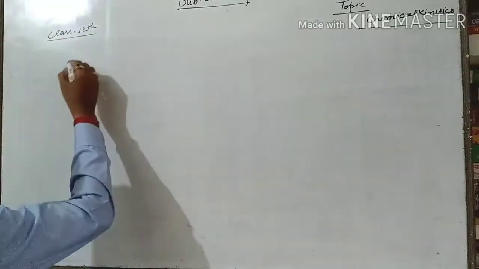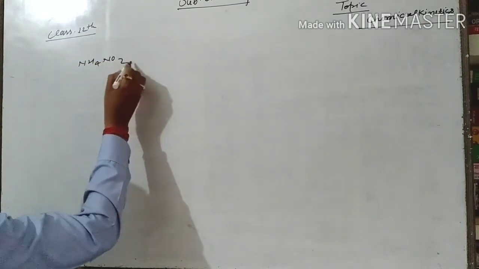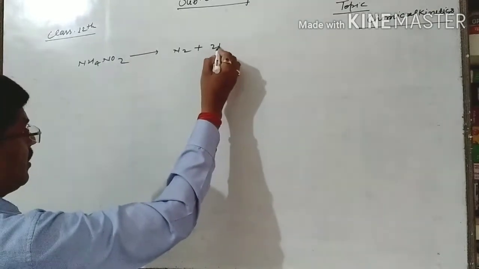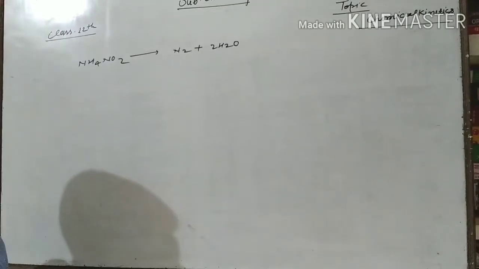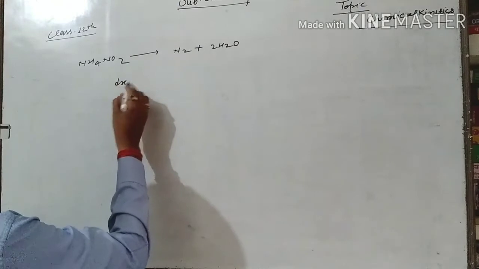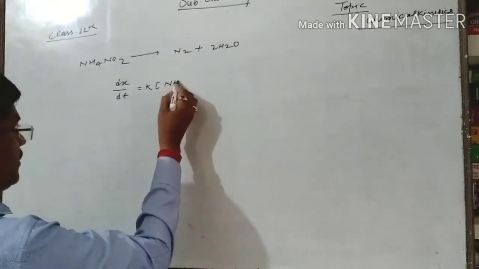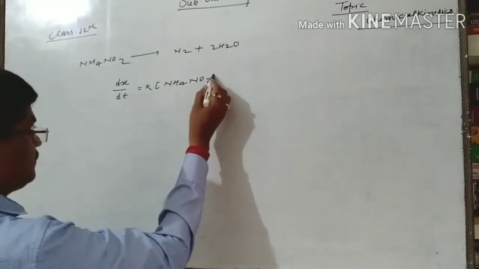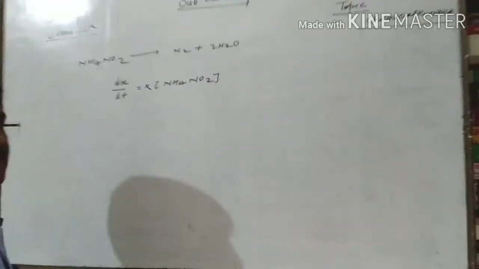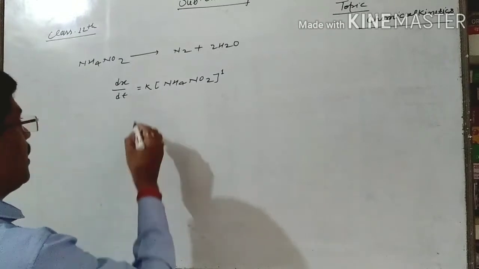Suppose I have taken dissociation of NH4NO2. It gives N2, one molecule, and two molecules of water. In this, rate of reaction dx by dt is equal to K concentration of NH4NO2. As you are seeing here, there is no power written, it means that the power will be 1. Either I mention it or not, but the order